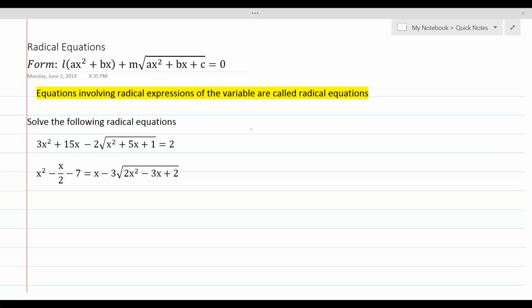In this lesson, we will learn to solve radical equations of the given form through solution of examples. Let's get started with example number 1, where the given equation is